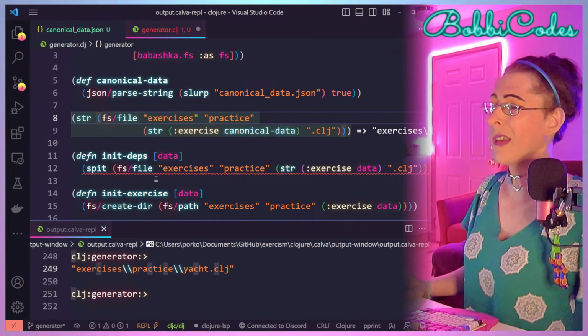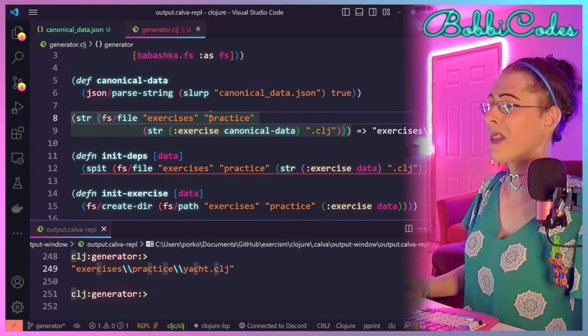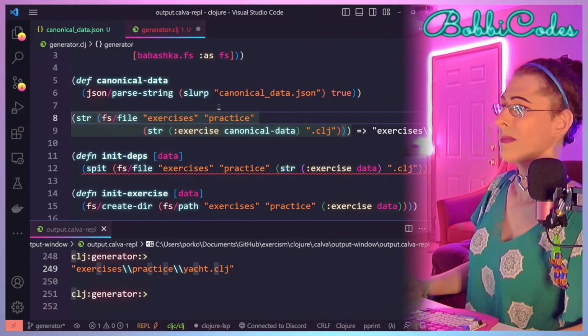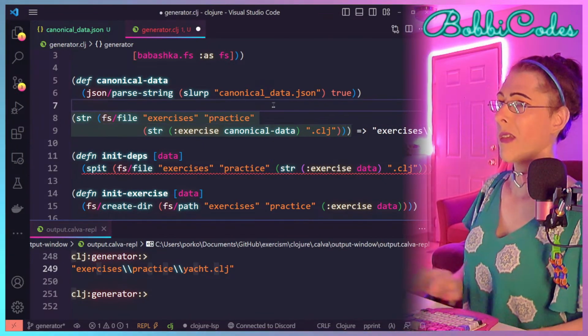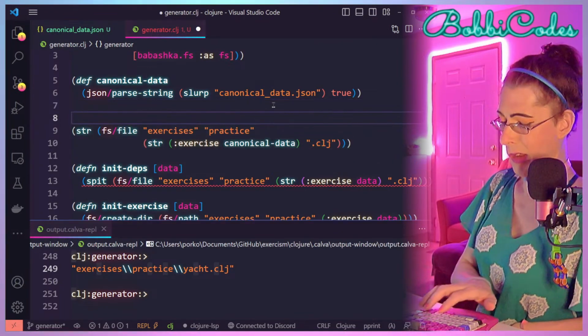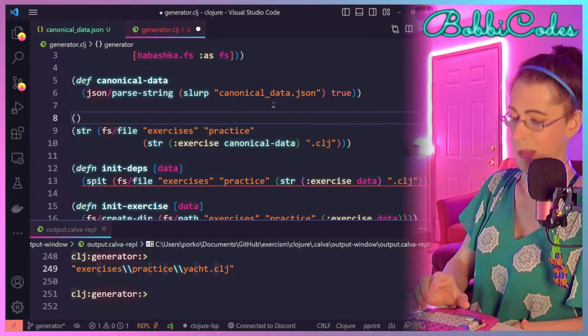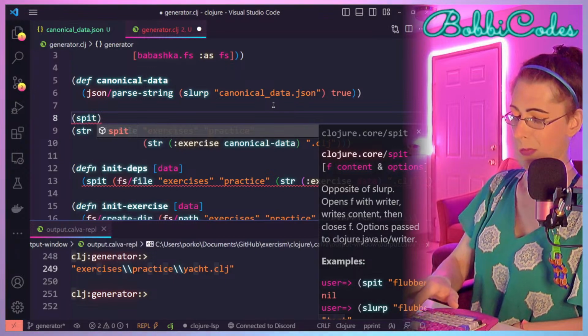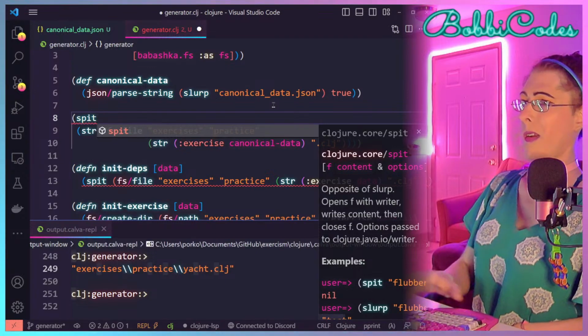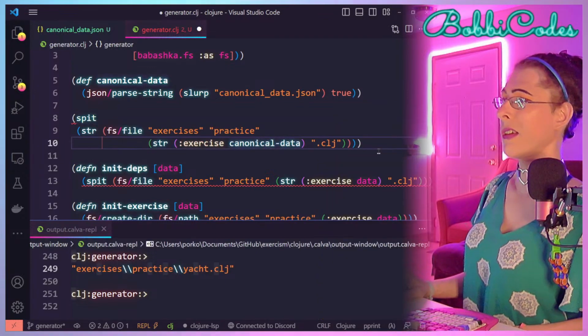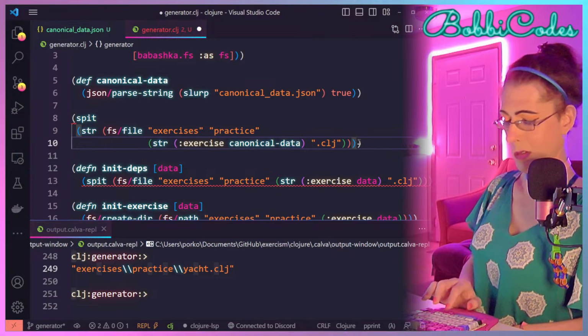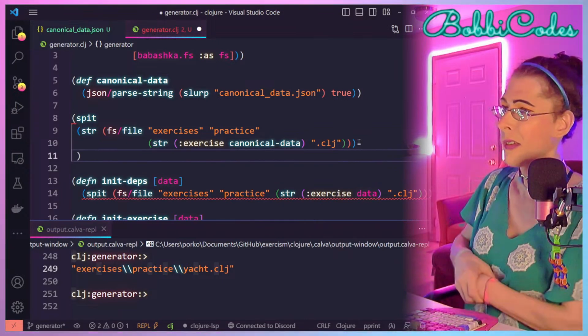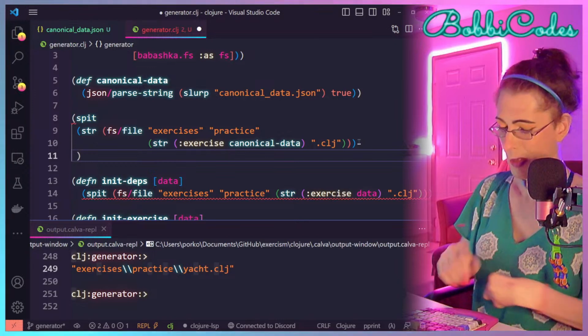I think that's right. So let's see if I can spit that. We'll say spit. That's the file as a string done in the cross-platform way.